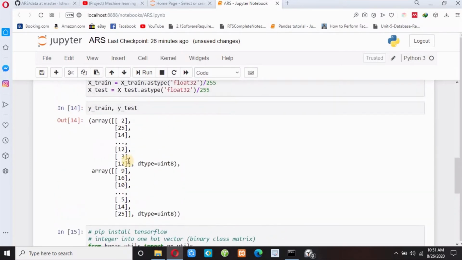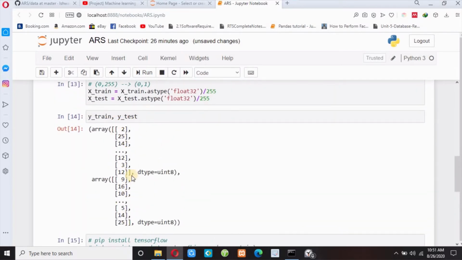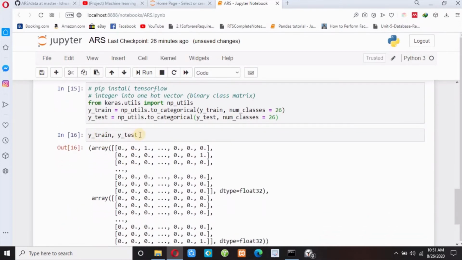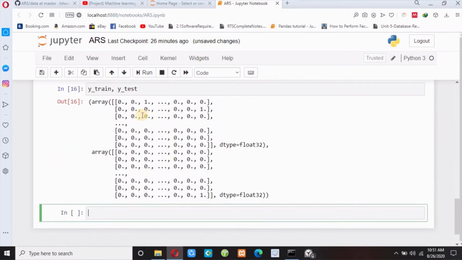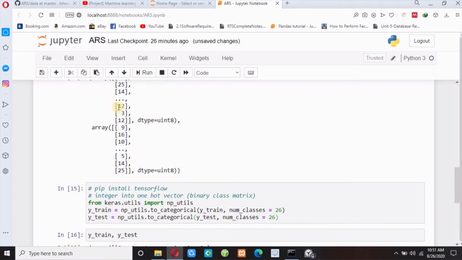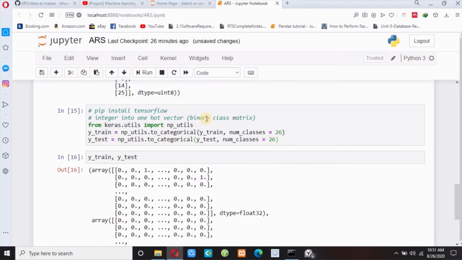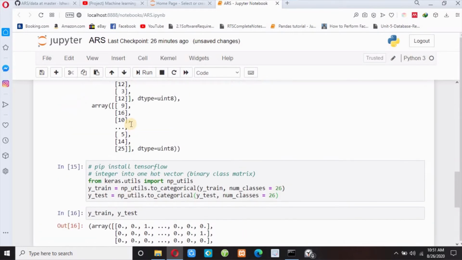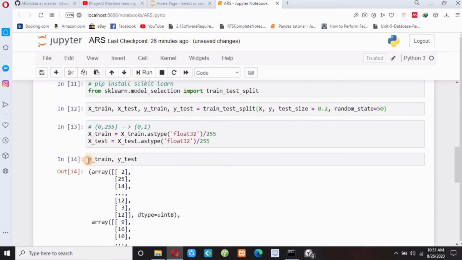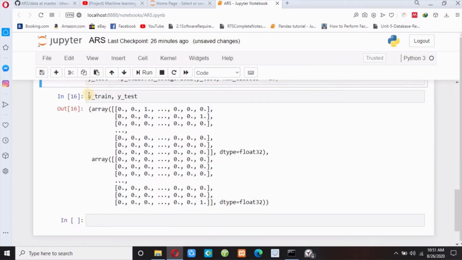Initially y_train and y_test were integers, and now y_train and y_test are a binary class matrix. So you need to convert your y variable into a binary class matrix, or you can say one hot vector. Now let me make it a comment, and also these two comments.